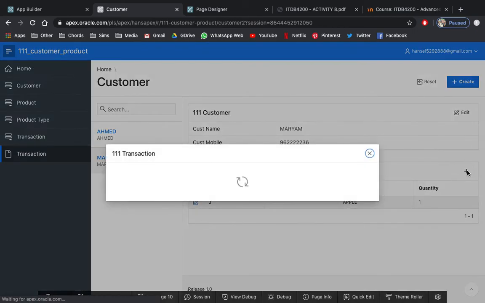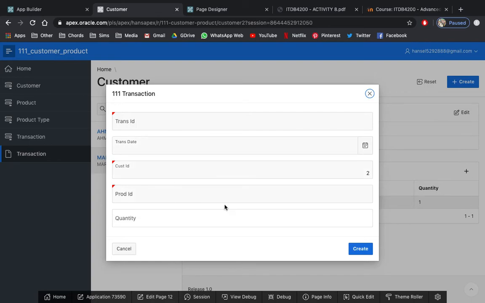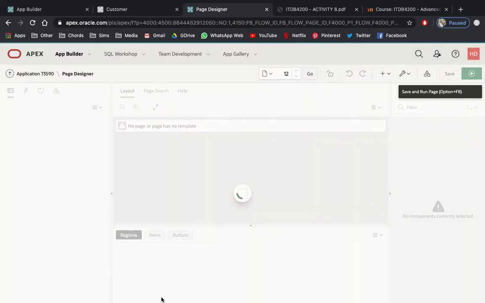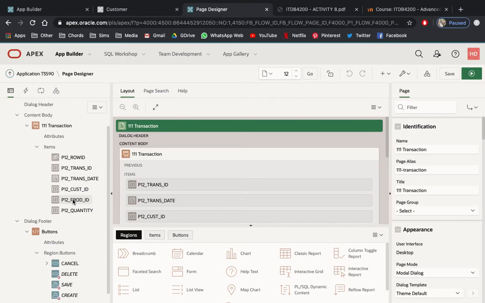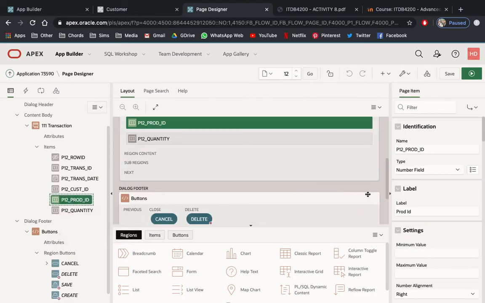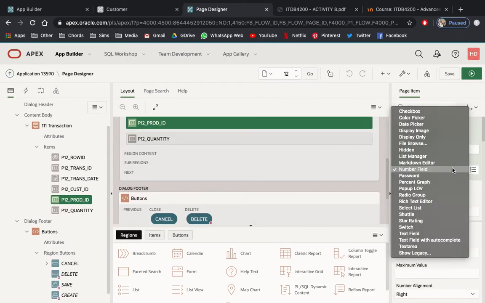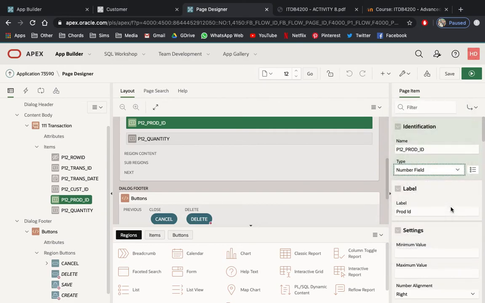We also need to change that within the form of your detailed transaction, which is page 12. So apply the dynamic LOV for product ID as well. Edit page, and this will head on to page 12. The product ID in the form needs to be changed to a select list.